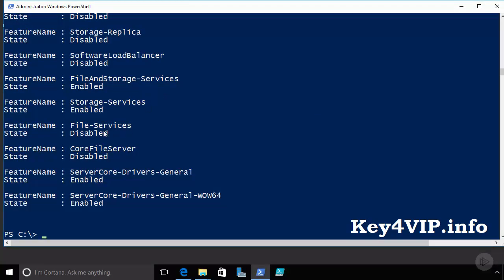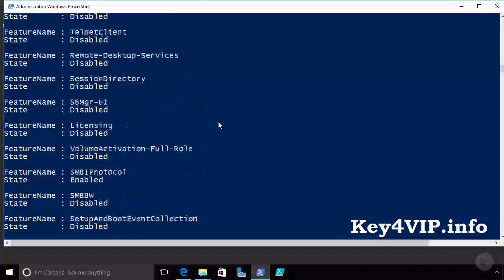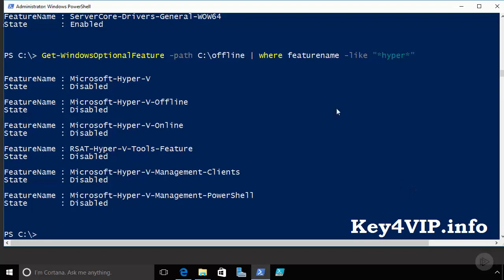So you can see them here, file services and file and storage services and the software load balancer. The list is actually very, very long here because of how many roles and features exist on a copy of Windows Server 2016. So let us constrain this by then piping it into Where FeatureName and then let's just take a look at the Hyper-V ones. So right there. This will give me the list of Hyper-V related, or at least those that look like this string that I've searched for here, that relate to Hyper-V as potential features and roles I could install onto